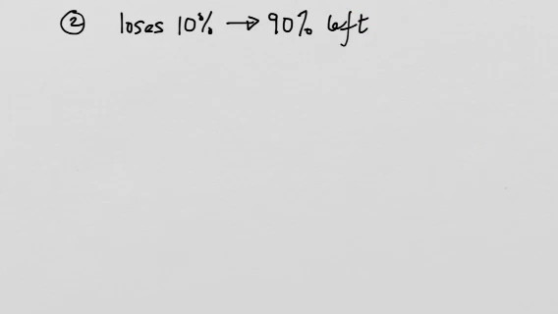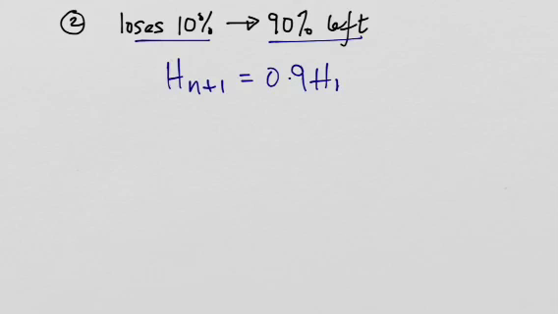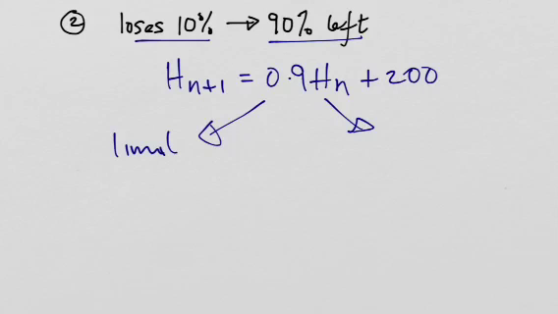Question 2, recurrence relation. If you lose 10%, that means there's 90% left. So your recurrence relation is the amount of hair you've got next month is 0.9 of this month's plus the extra 200 that grow. Okay, now at this point we can go down 2 routes. We can either find the limit and see how that compares to 10,000 hairs to answer the question,